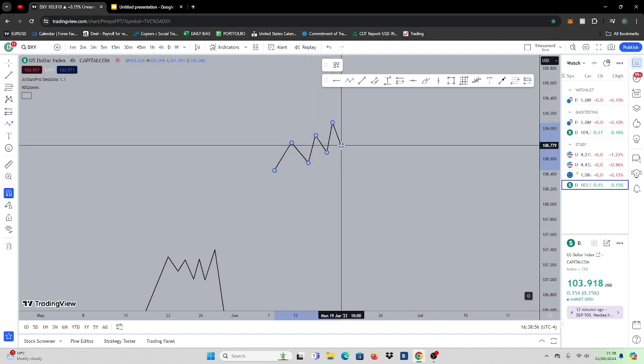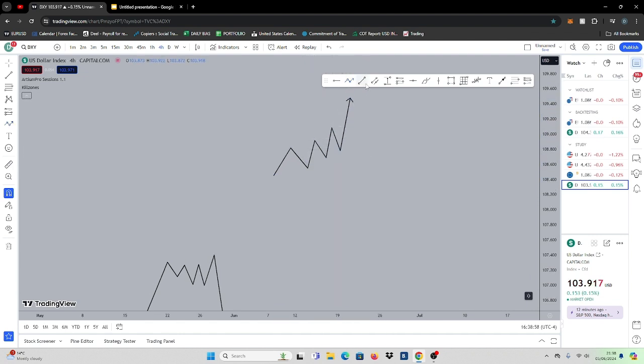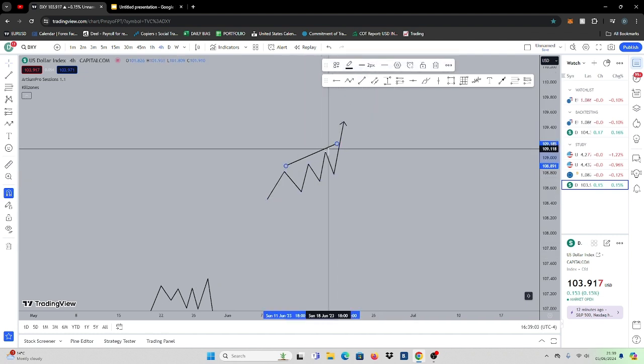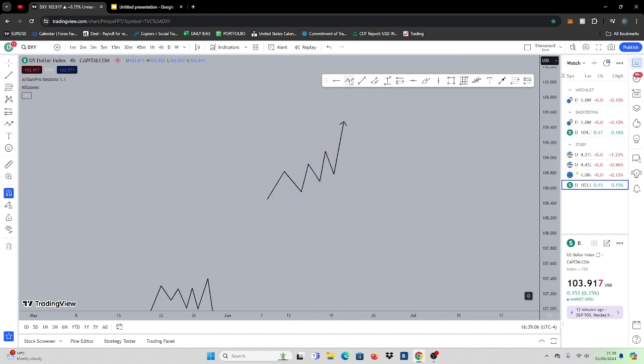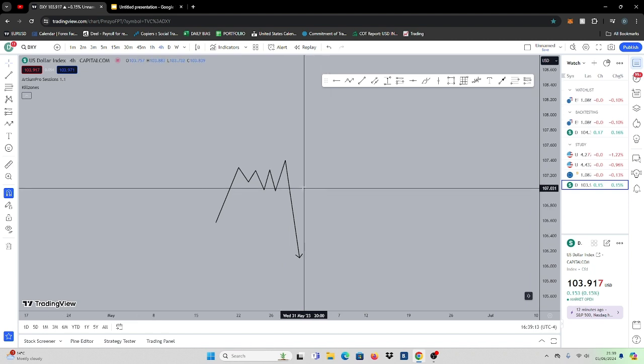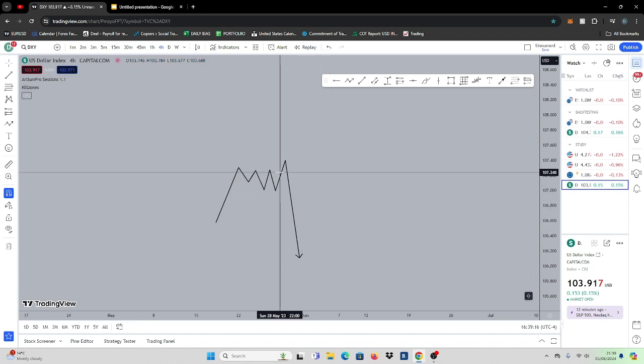Let's say you're a breakout trader: it breaks out, you wanted to see that, boom, that is a repeatable pattern. Then you want it to retest and then go higher. These are examples of repeatable patterns that happen again and again in the market. Enough about me going on about repeatable patterns. What I want you to do, once you've found one, is take this and build around it, add stuff to it.